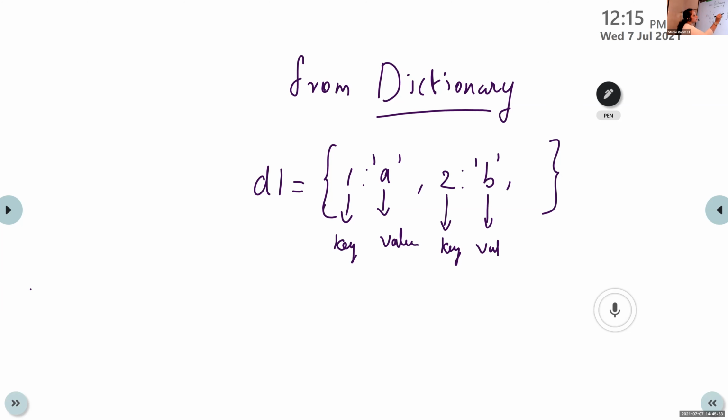Then another set, it is 3:C. So this is a dictionary. A dictionary is represented using curly brackets, open curly bracket and close curly bracket. Within that bracket, we are using key value pairs. This is the first key value pair, this is the second pair, then this is the third pair. This is a dictionary.